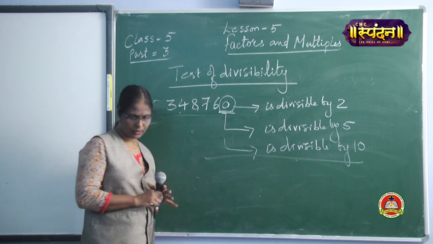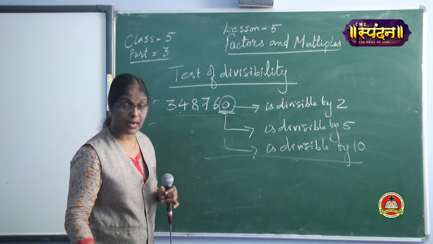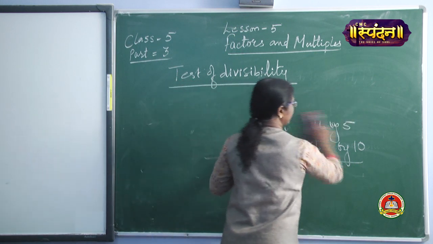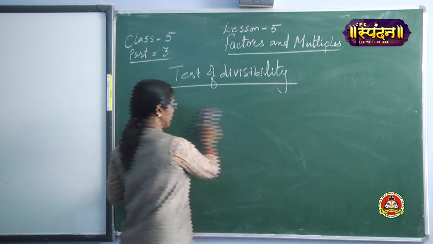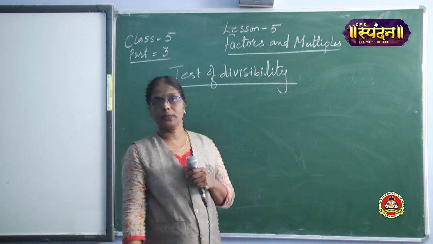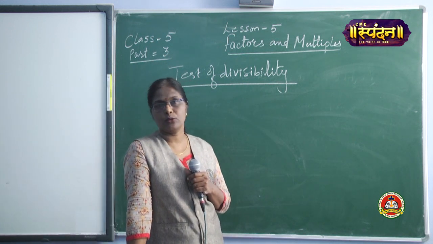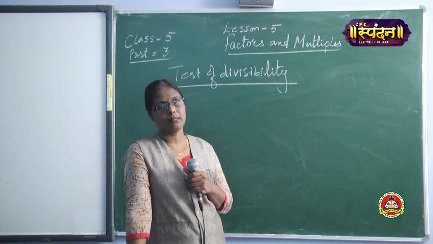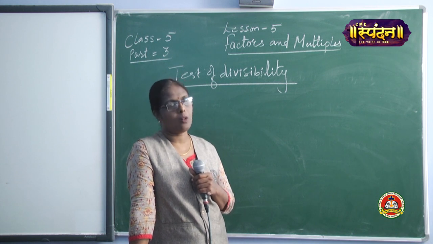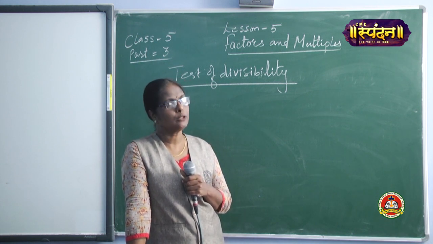So, you have to learn the divisibility rule nicely and apply this. And when you see the numbers, you have to apply that and check out whether the number is divisible by 2. So, once again I am telling, the divisibility rule for 2 is if a number has 0, 2, 4, 6, 8 in its ones place, the number is divisible by 2. Or in short, I can say that all the even numbers are divisible by 2.